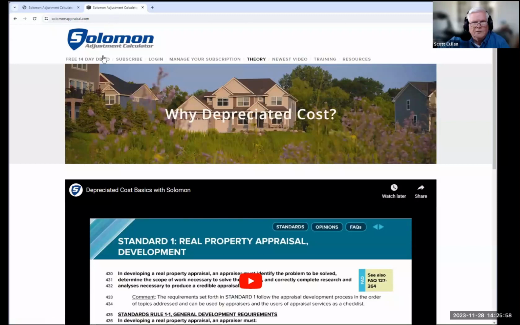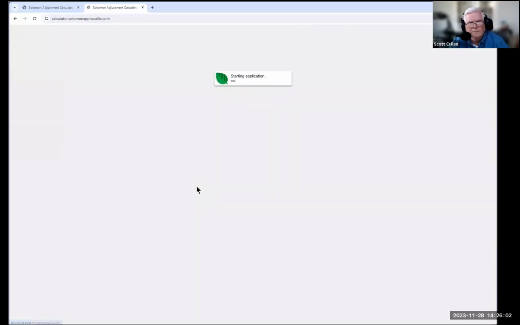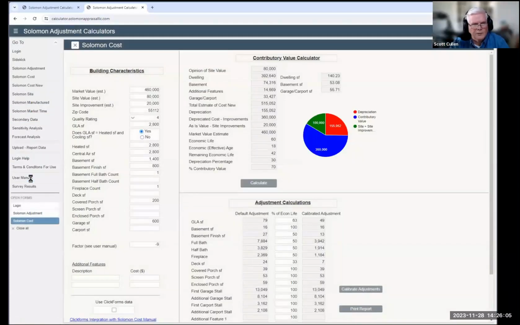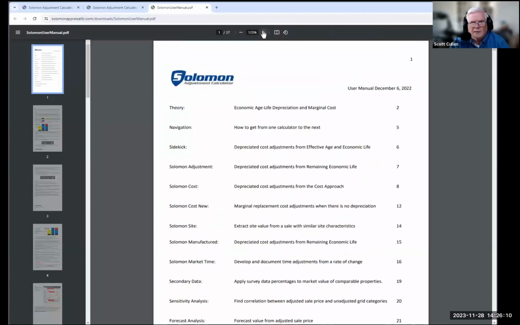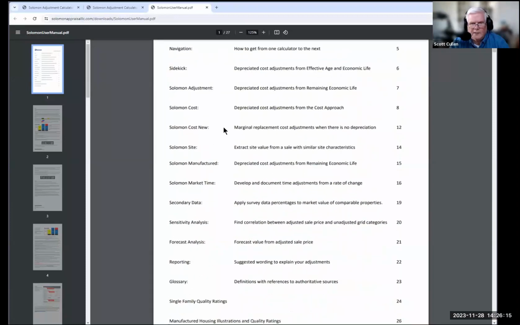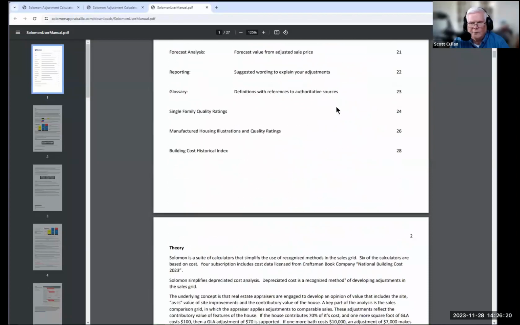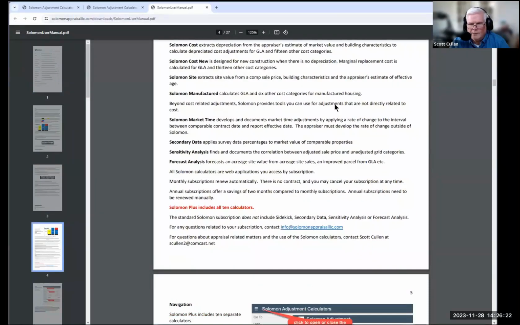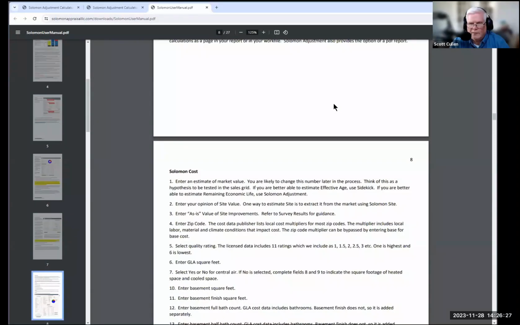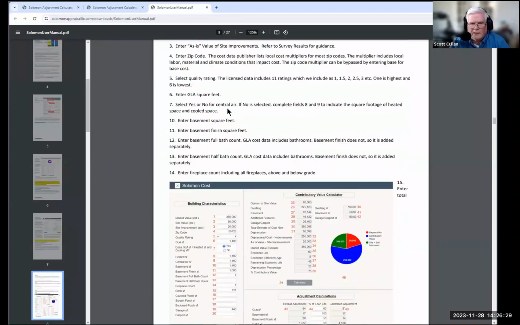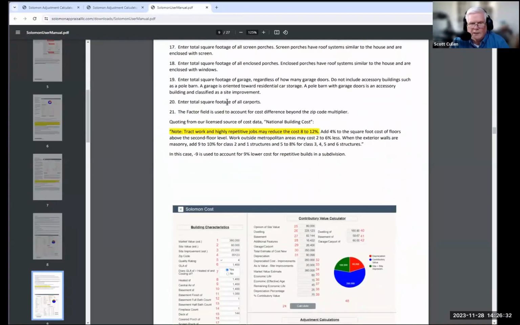I should have showed you too, in the actual tool, there's a user manual that does pretty much everything that's in the video. It takes you step by step through each of the calculators. Today we talked about Solomon cost, starting on page 8. It looks like it goes 4 pages. But you can open this, and it will take you through everything from beginning to end. And at the end of each chapter, it does talk about